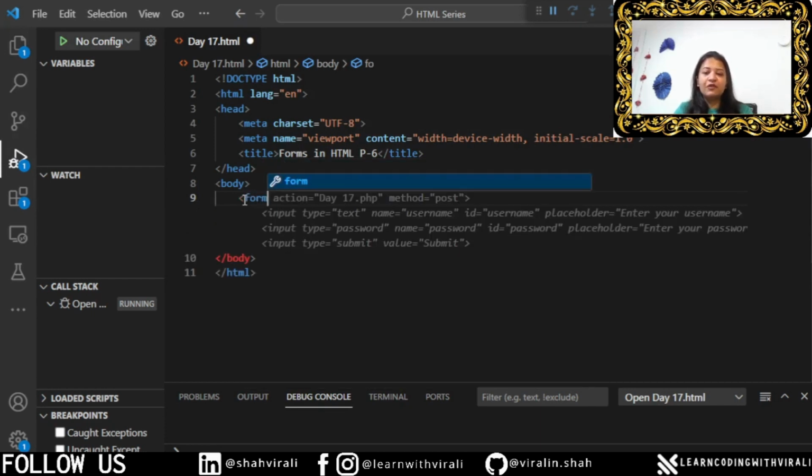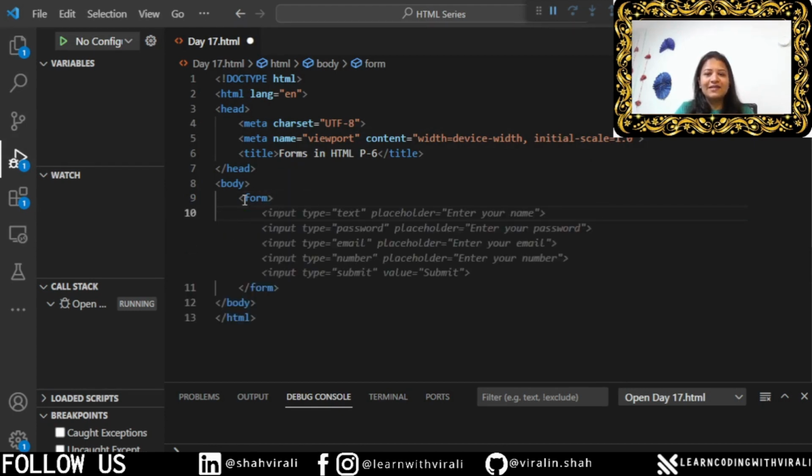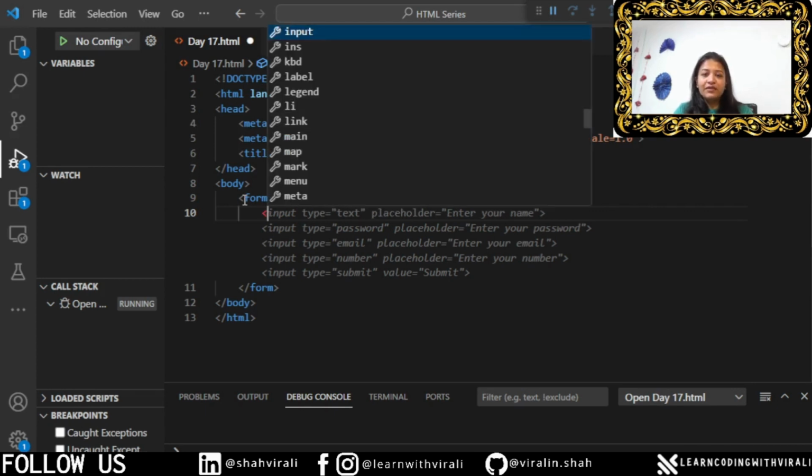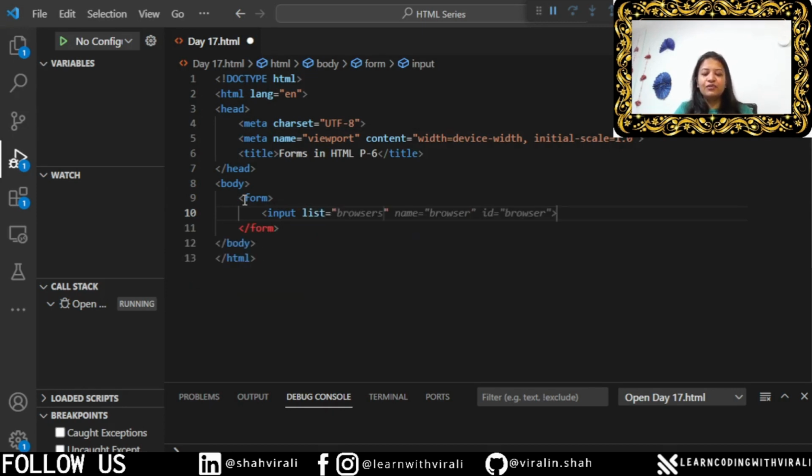as far as the tags are concerned, we would need a form tag in order to wrap all our elements inside this particular tag. Now, since we are interested in building up a list which is going to act as a predefined list of items, we'll be using something called input list equals, to give the name of the list. So let's give the name as browsers, and name it as a browser because this is the list which is going to contain the information about the